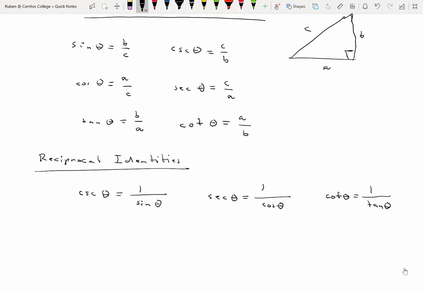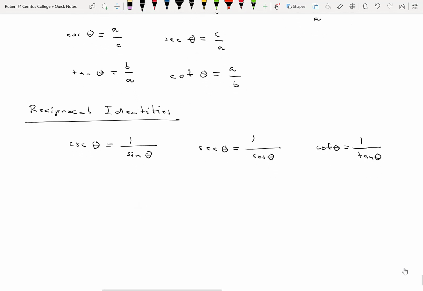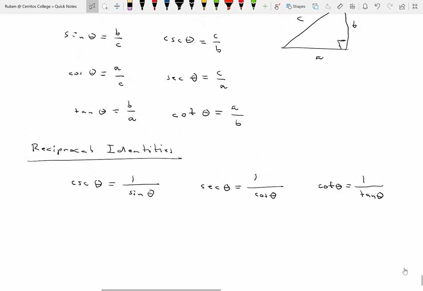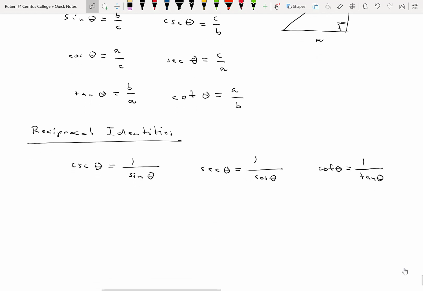Okay. I want to look at two more identities before we look at another example. Two more identities before we look at a specific example. Take a look at sine, cosine, and tangent. Now with the sine and cosine, imagine putting your finger over or covering up the denominators, c. So you get sine of theta equals b over, and the cosine of theta is a over. Now look what happens when you divide sine by cosine. If you take sine of theta and divide by the cosine of theta, you get b over c divided by